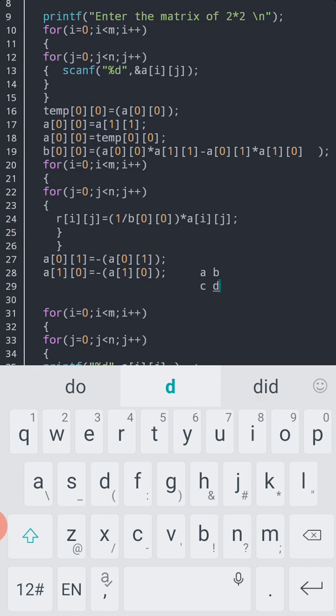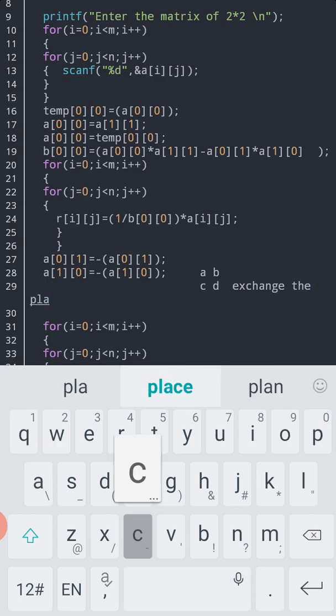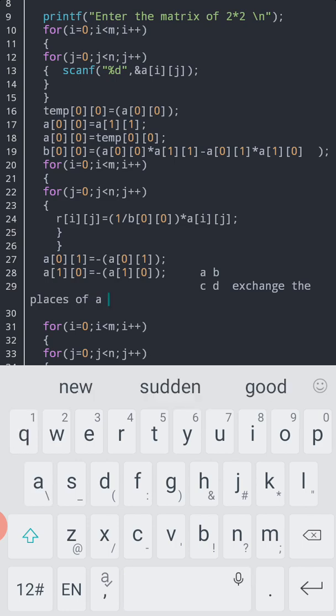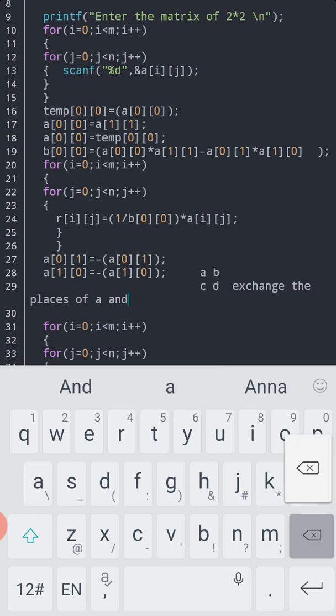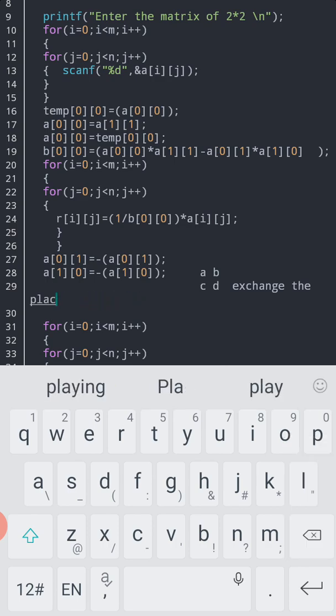Then it is required to exchange the places of A and D. Hence, there is also a need to change the sign. I will do it later. First, I am doing the exchange.